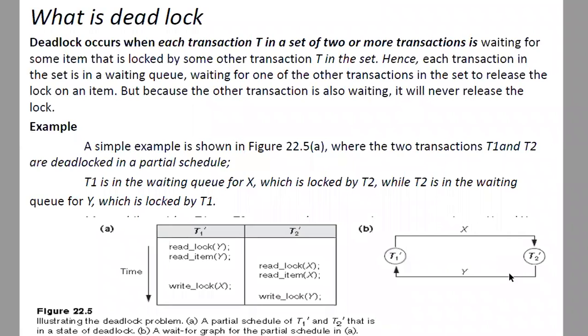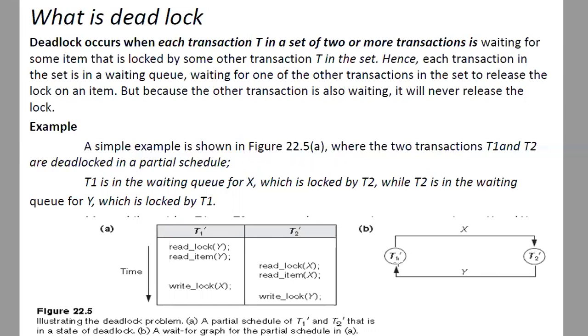In the database management system, when you take two transactions, you can write a schedule like this. When you see the same condition, for serializability checking you can draw a precedence graph. We already studied what a precedence graph is, and this type of precedence graph we can also call a wait-for graph, because you are mentioning the waiting data here. Here in this example, the T1 transaction is there.